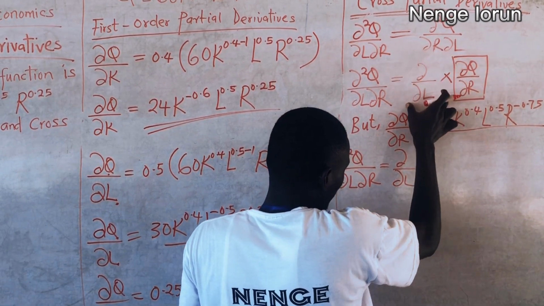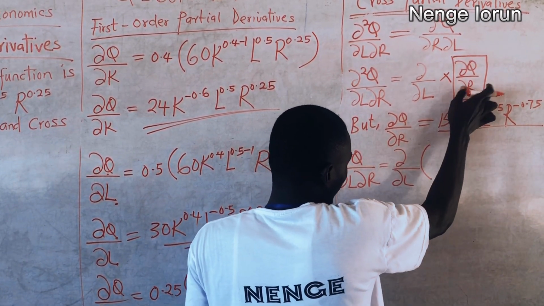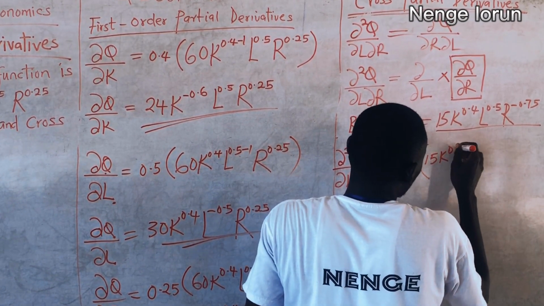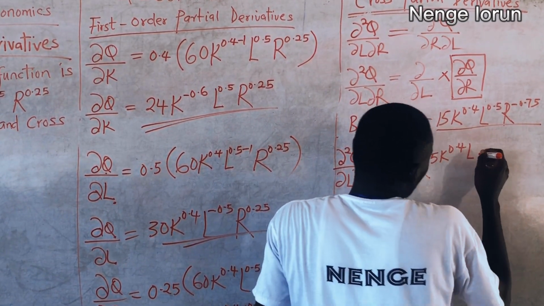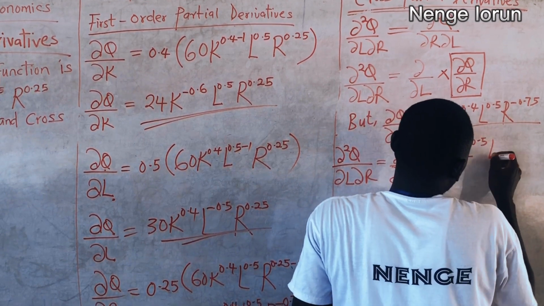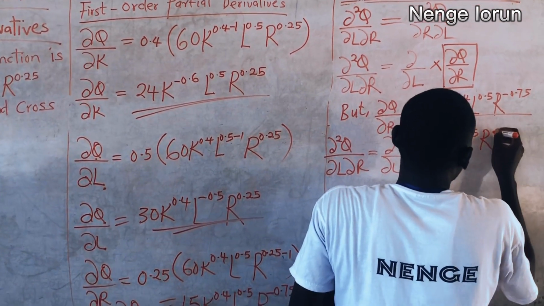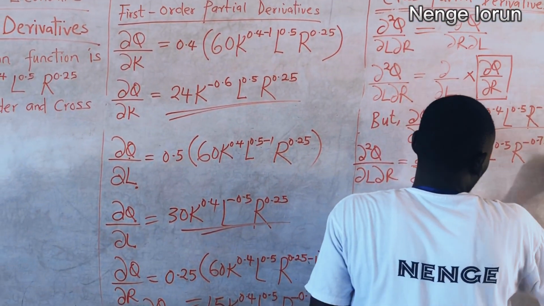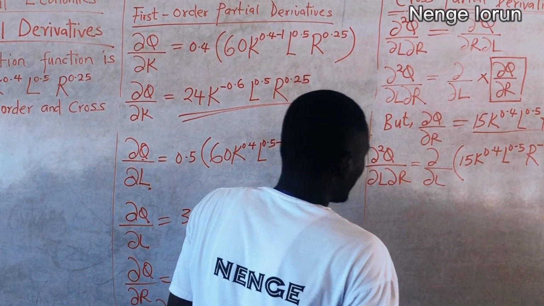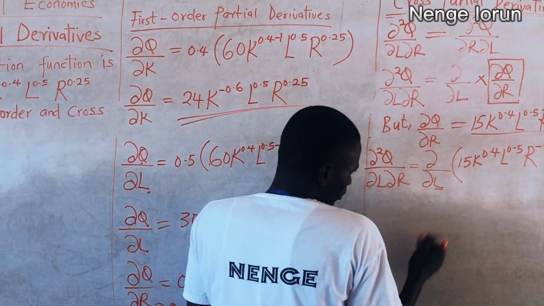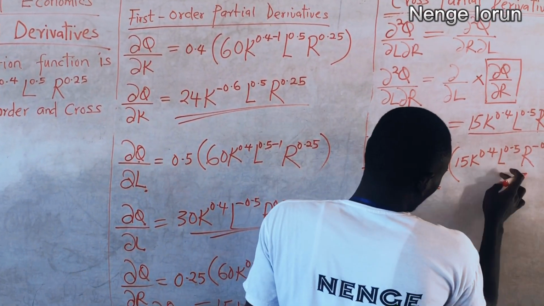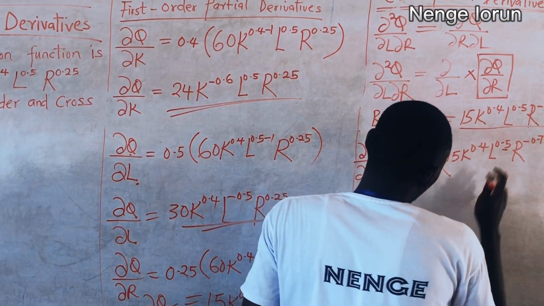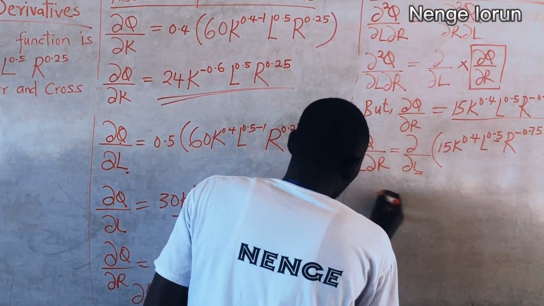In place of this, now you impute 15k raised to the power of 0.4, l raised to the power of 0.5, r raised to the power of negative 0.75. Close the bracket. So you are differentiating with respect to l. So you are going to multiply everything here by the power of l, which is 0.5. By so doing, you will have